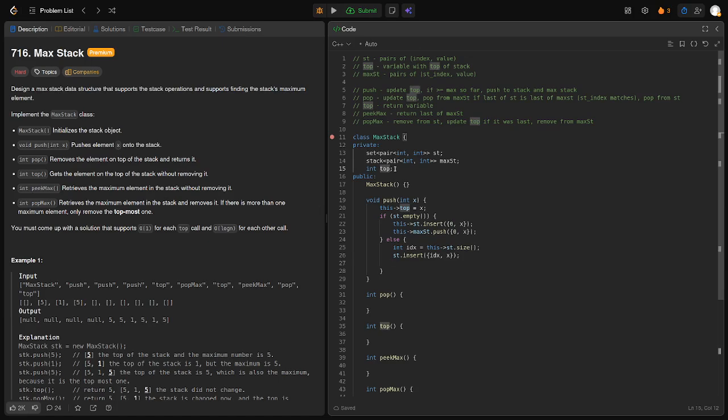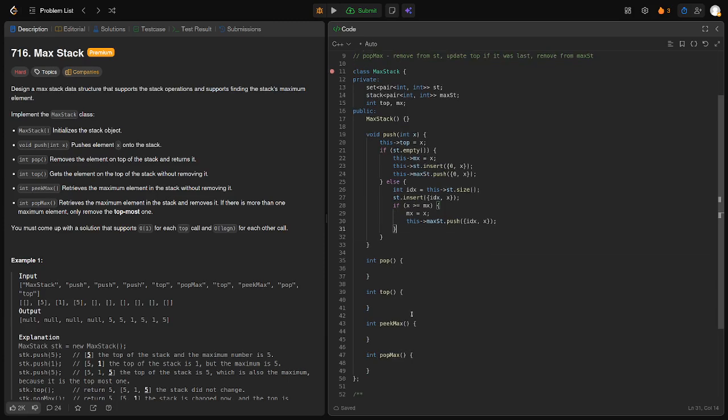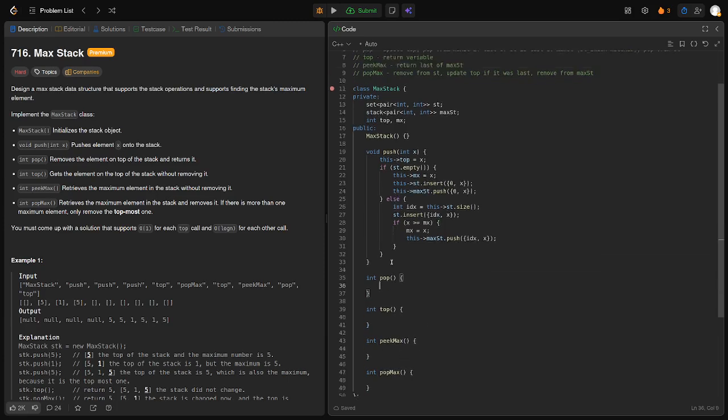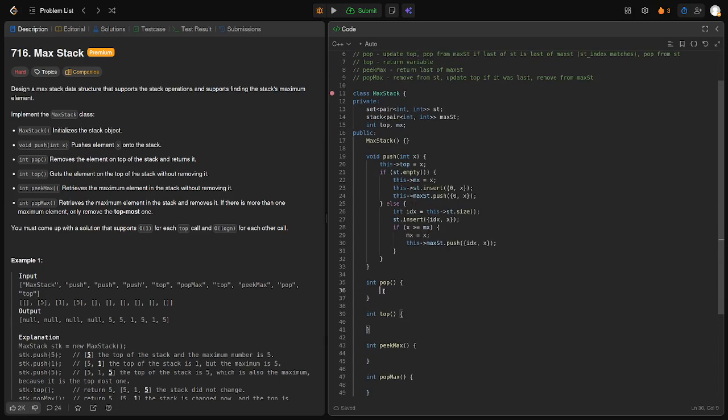And now, I mean technically we could keep max, right? Just to make our lives easier. This max is equal to x, right? And now if x is greater than max, then max is x, this max stack push index, x, right? Meaning that we just keep all, we will do peek max easily, but that doesn't matter now. So for pop, we do,